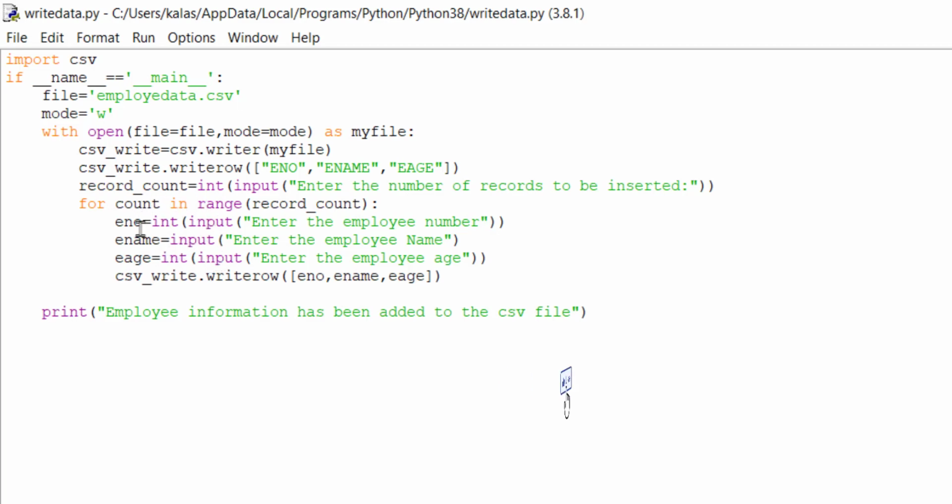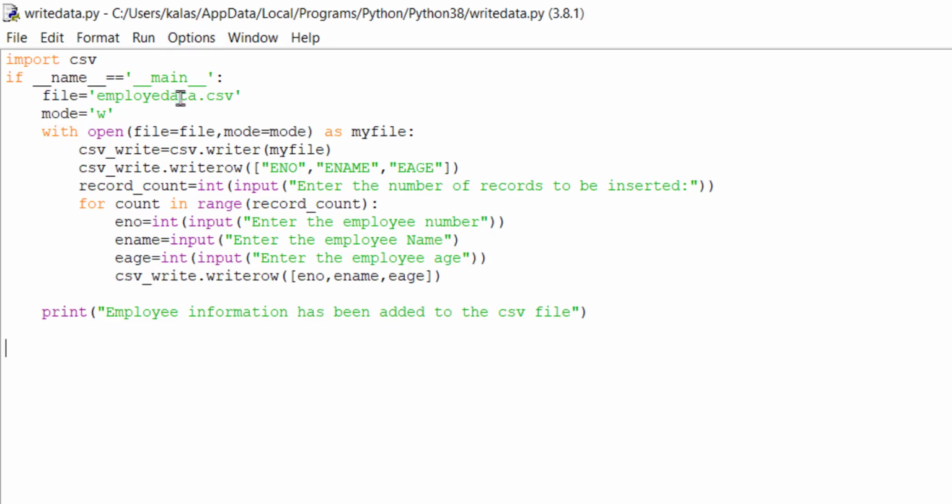After taking the information from the user, it will store that data into the .csv file. After that, I am printing one declaration statement: employee information has been added to the CSV file. Only this much code we need to write to create the .csv file. That's it.